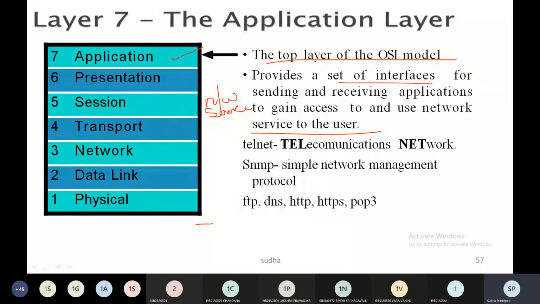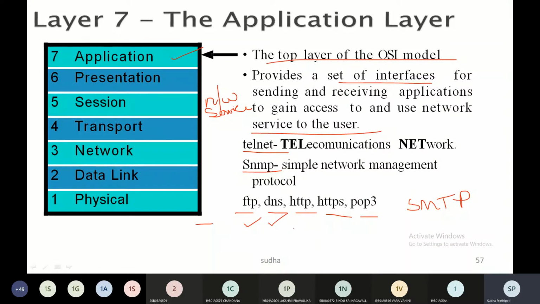The networking applications can be Telnet, SNMP, FTP, DNS, HTTP, HTTPS, and POP3, Post Office Protocol 3. SNMP stands for Simple Network Management Protocol, SMTP stands for Simple Mail Transfer Protocol, and FTP stands for File Transfer Protocol.